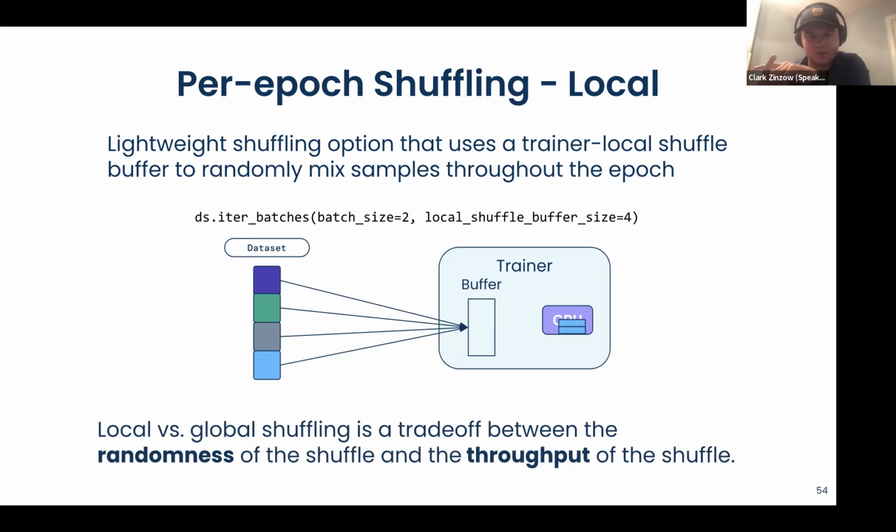With global shuffling, you get a fully random shuffle, and then with windowed shuffling, you're still potentially getting some pretty nice mixing of data across trainer shards. It's still better than a local shuffle, but the local shuffle is just not as random. So it's a trade-off between the randomness of the shuffle, which is going to affect the accuracy of your model over a fixed number of epochs, and then the throughput of the shuffle, where with this local shuffle